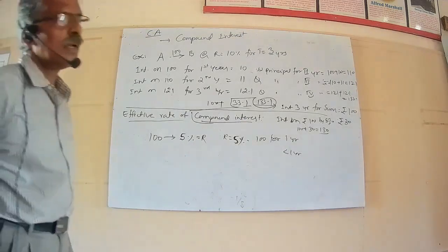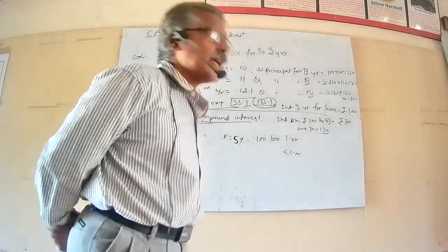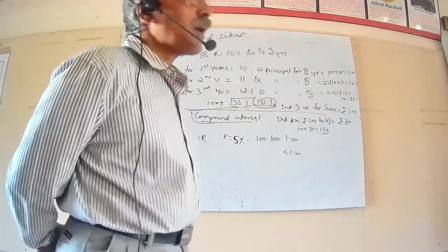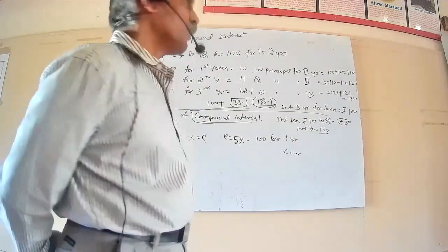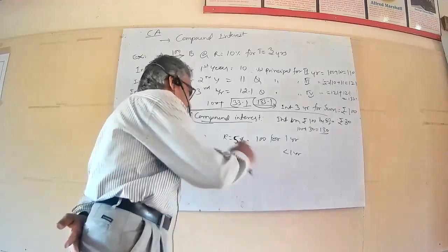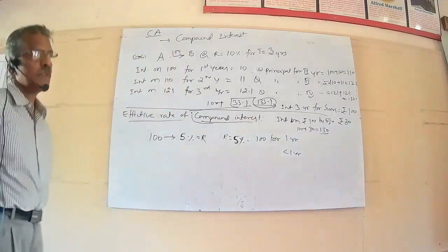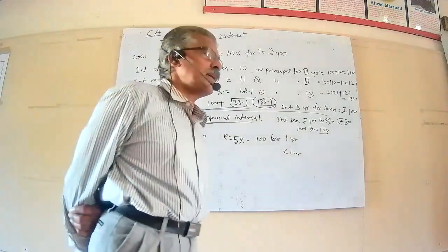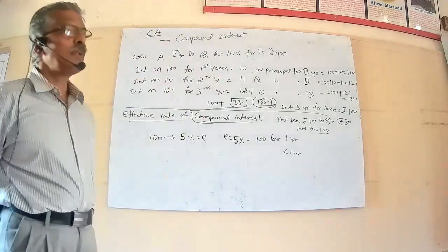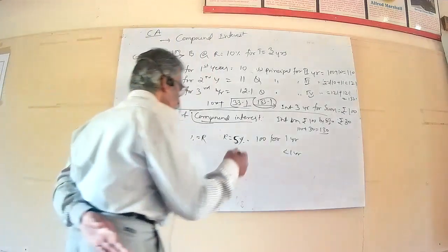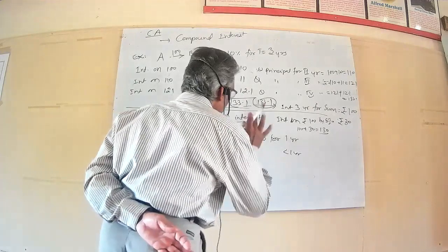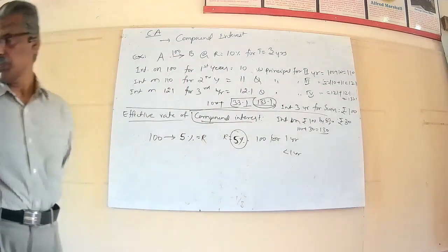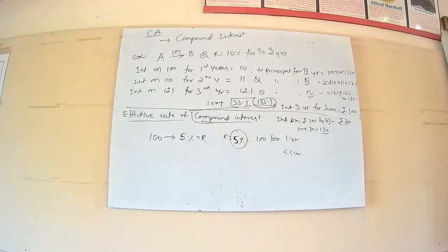Let me explain. If the effective rate is stated, this is for rupees 100 for 1 year, rupees 5. 5% means 5%, this is the actual rate. But if the given time period is less than a year, then the effective rate is greater than the actual rate. What is the actual rate? It is 5, and the effective rate will be higher than that. That is the effective rate of compound interest. Last year it was asked for 2 marks questions.